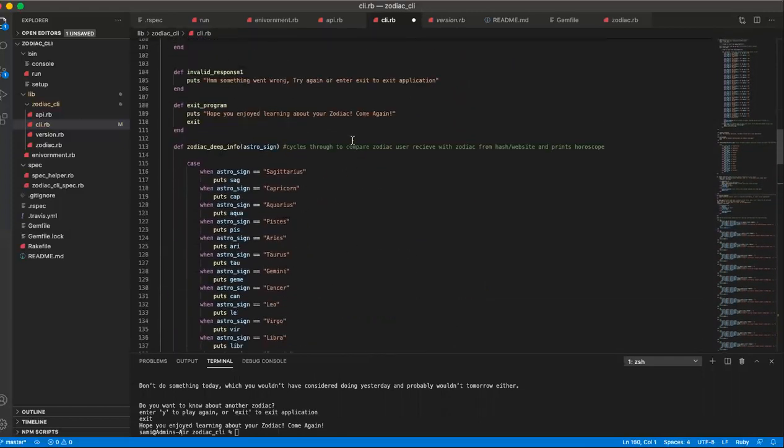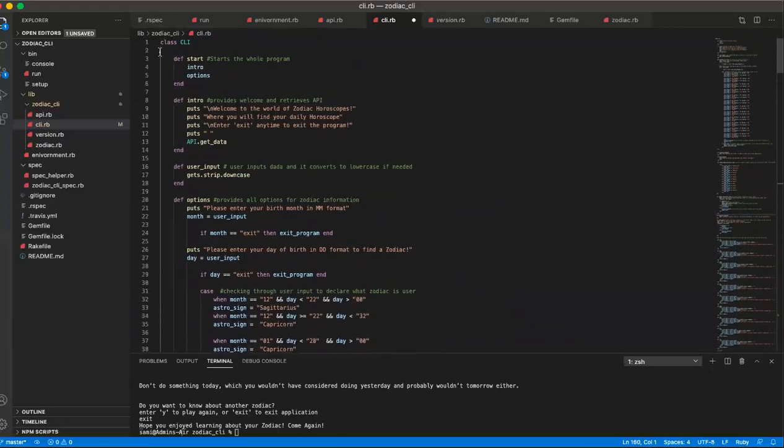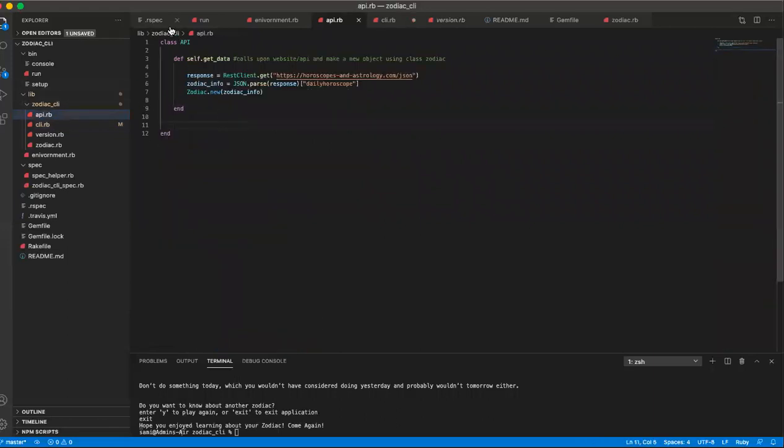Now, just to show off the little back part of the code, okay, I have here called API.getData. That is this API class here. This API will then take a response and will take the REST client.get. This takes my link from the internet. It'll take it from the internet, and it will allow me to use this in my program. It would take the zodiac info. It would take that and put this into this object, zodiac info, and it will allow me to,